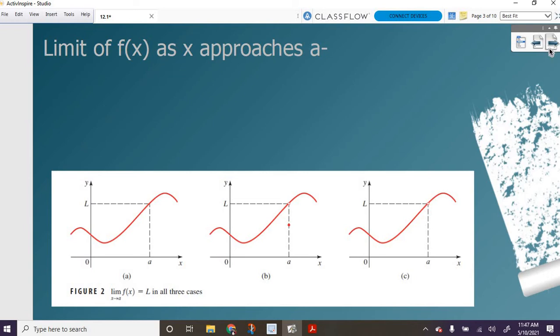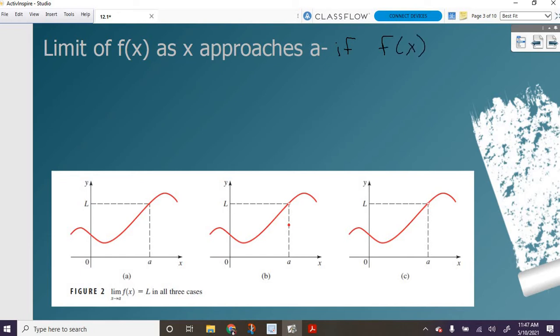So the limit of f of x as x approaches a. So we're basically trying to find a y value that our function is getting closer and closer to. So the limit of f of x as x approaches a is if